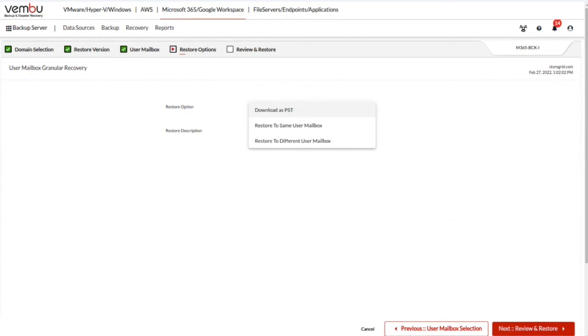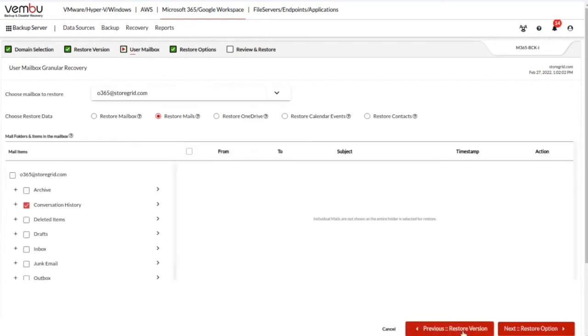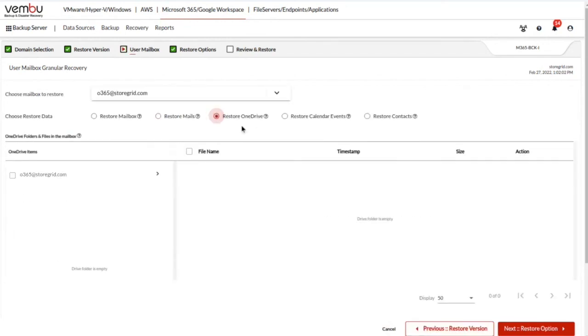viewed in any version of Microsoft Outlook. Initially it had some version constraints, but now we have removed those version constraints. You can download this mailbox in the PST format. Even the group mailbox is allowed. For OneDrive, whatever data you're selecting,